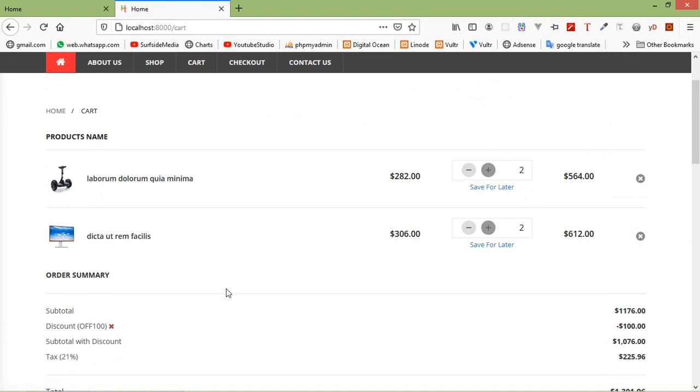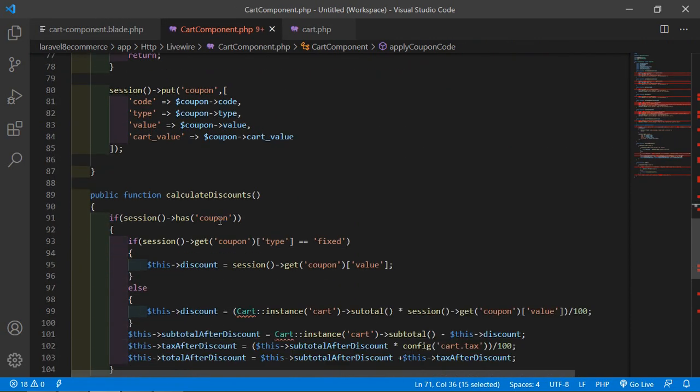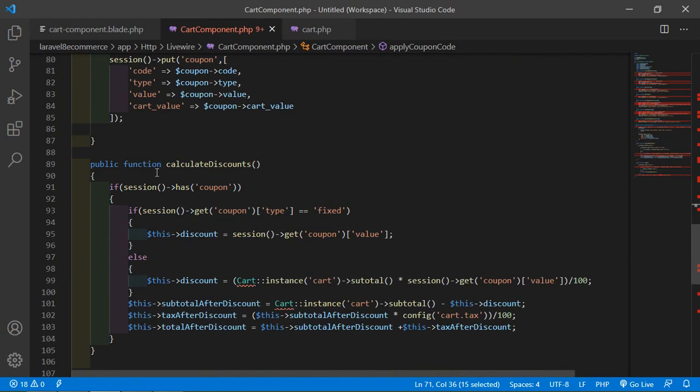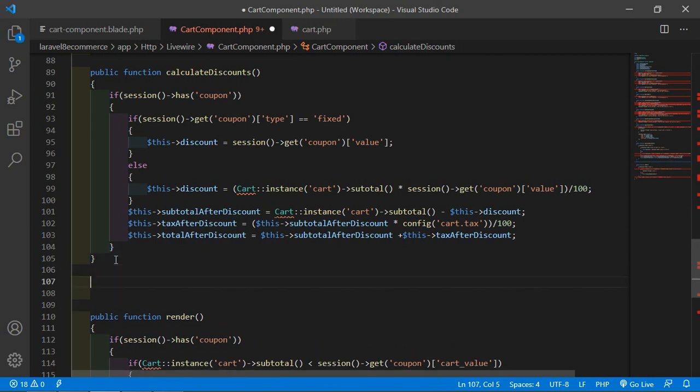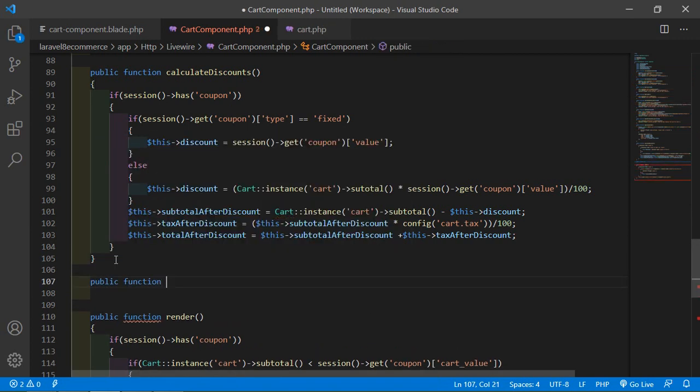Okay, now let's create a function for removing the coupon. So go to the cart component class file, and after this, let's create a public function, and let's say the function name is remove coupon.